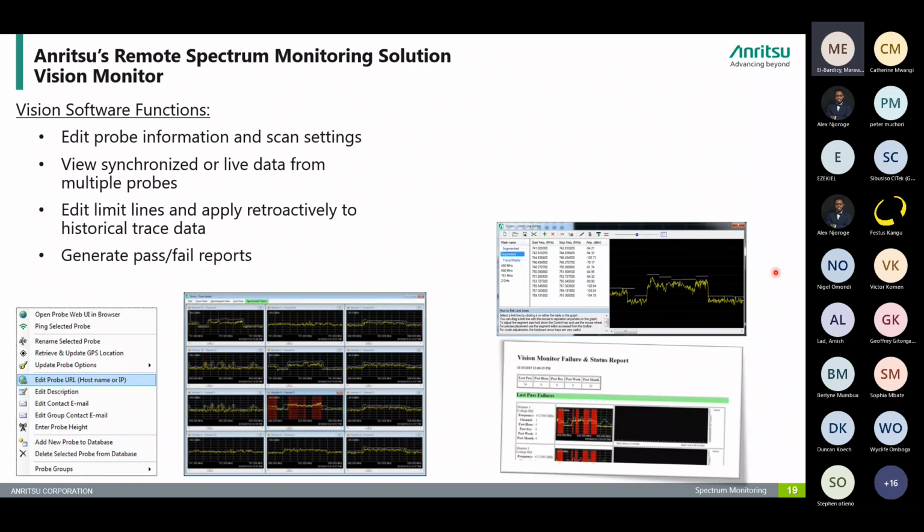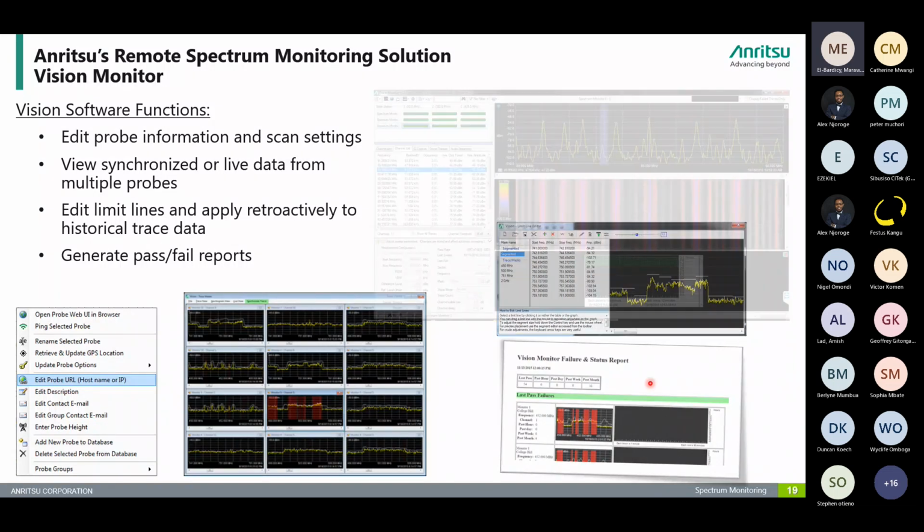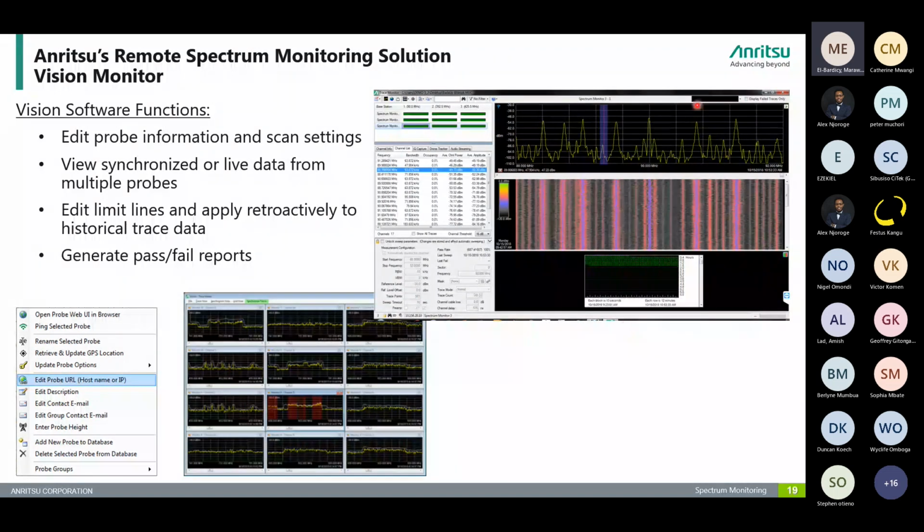And finally, you can generate some pass-fail report and see how the signal has behaved over a specified amount of time. Here, you can see, I would say, the software in full view, where we're looking at the spectrum, we're looking at the historical sort of histogram view, and we also have the list of all of the different channels that we assigned to this